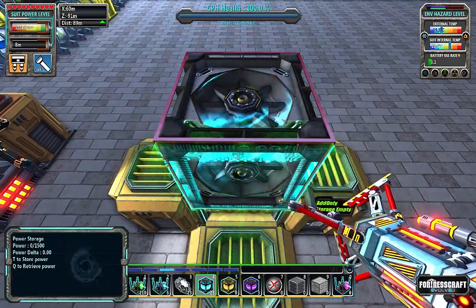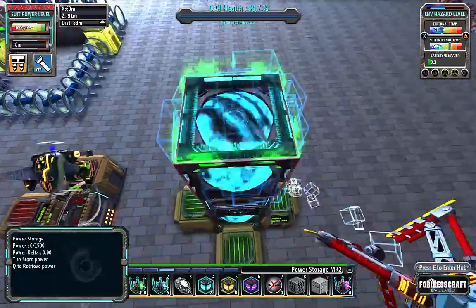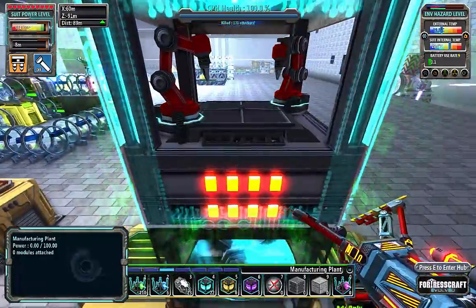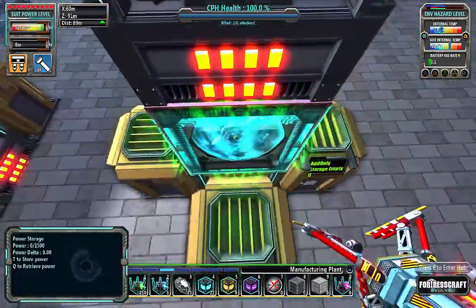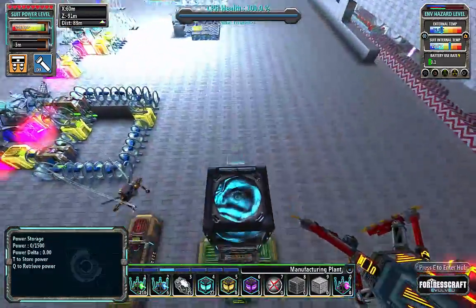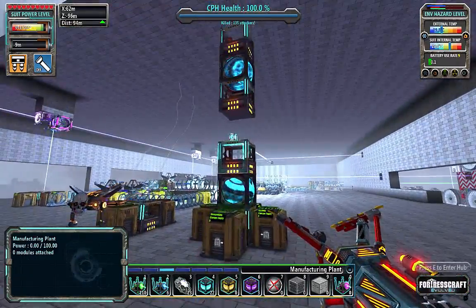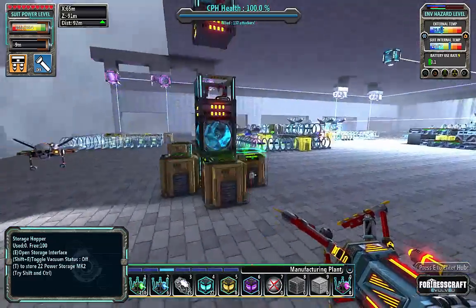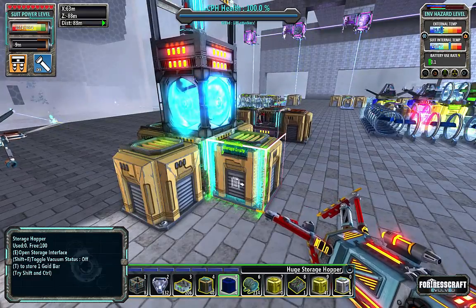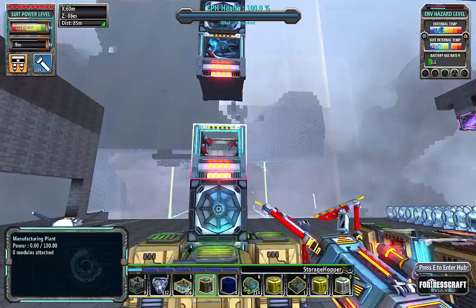I'm going to put a battery here, and then another one of these, and another battery, and another one of these. Actually, I don't need a battery there. I need a battery up there. Then I need another one of these. So this will be huge. 500, 1,000, 2,000. And as such, how many hoppers? Oh, lots of hoppers left. So we are going to